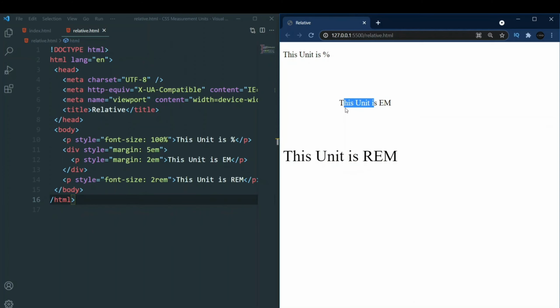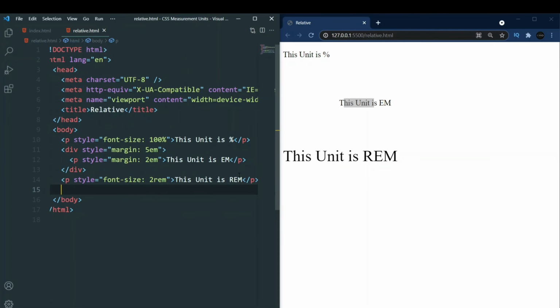The next one that we have is called VH. Now this is not commonly used for font sizes or margin or padding or anything else. It is rather used for images when you have to cover the whole view height or viewport. Images, blocks, or something that you want the user to notice more, that is when you use this. But it is a measurement unit, so let's cover that also.